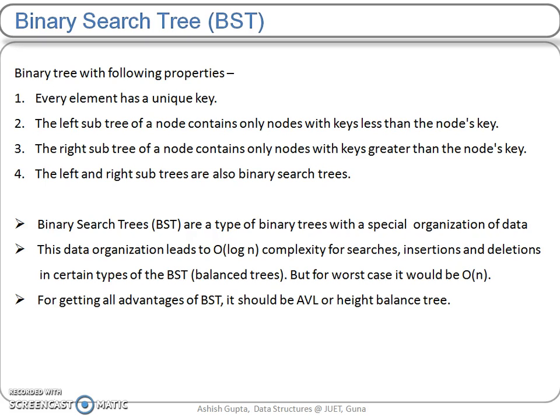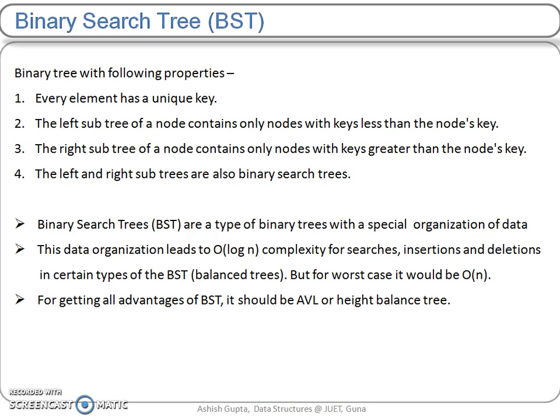But this log n is achievable only if the given tree is balanced, or the given sequence of numbers which are the nodes of the tree is in balanced order, right? So we need to talk about what balance is here. For balancing, the difference between the heights of the left subtree and the right subtree should not be more than 1, and for that we need to find the balance factor. But the BST does not say that the tree should be balanced. Without balance it can still be a binary search tree, but in the worst case the time complexity would be order of n.